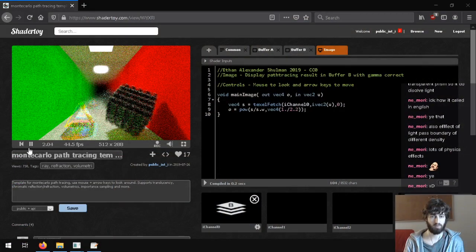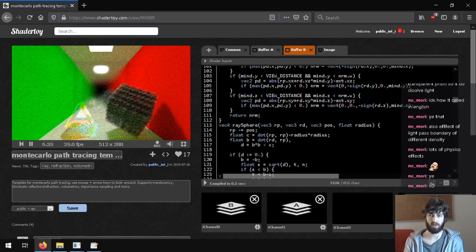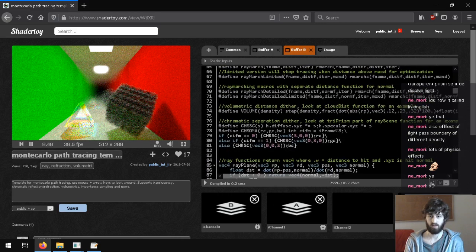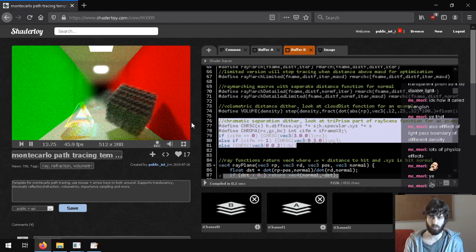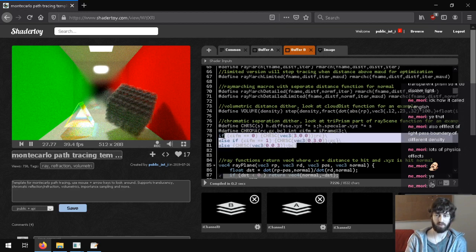And so my last Monte Carlo path tracing thing does the chromatic refraction or reflection via this separation dither. This is designed to split up red, green, and blue, which I think works really well. But what I realized is that, by the way, the actual proper way of doing this,